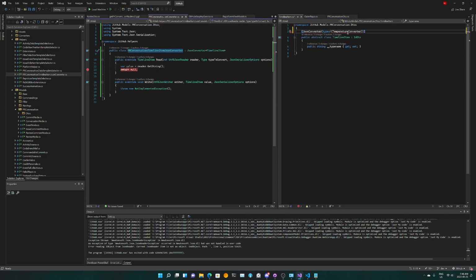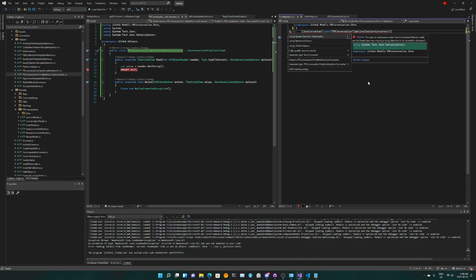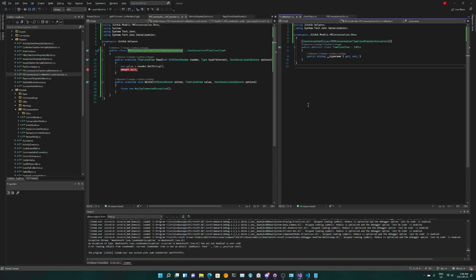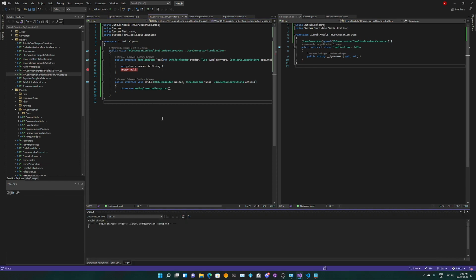So basically copy this name over here, replace that one, see if we can bring in the converter this time. Since they're polymorphic, I just hope that it works. Okay, run if I dare.